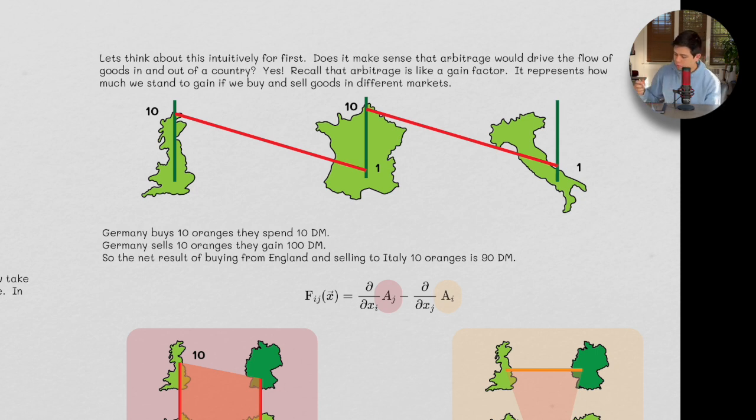Suppose we have Great Britain, Germany, and Italy. Perhaps the exchange rate is 10 to 1 between Great Britain and Germany, and 10 to 1 between Germany and Italy. So if Germany buys 10 oranges,